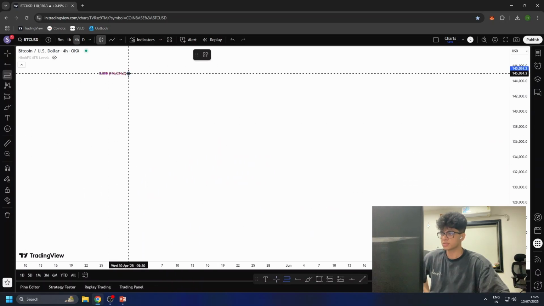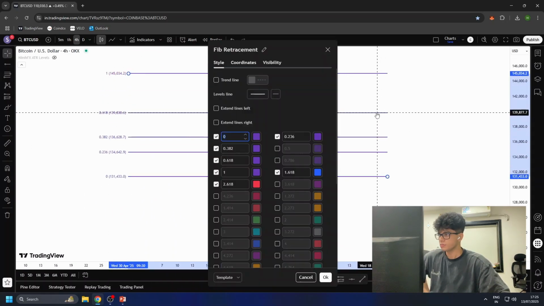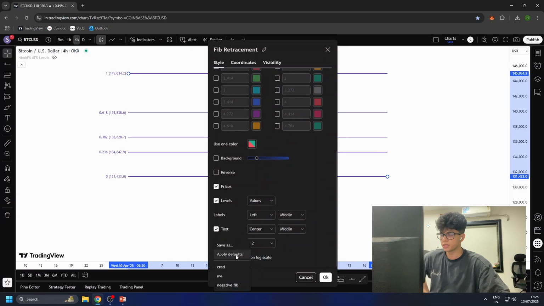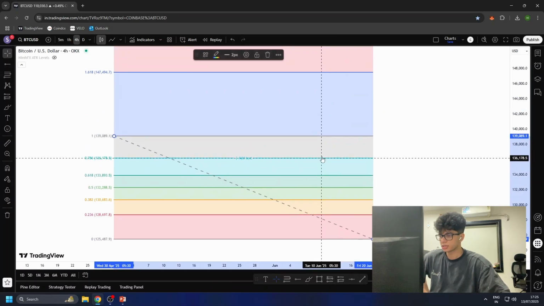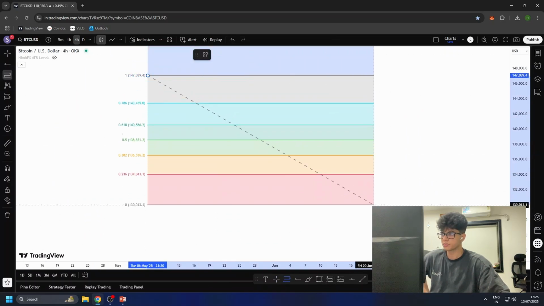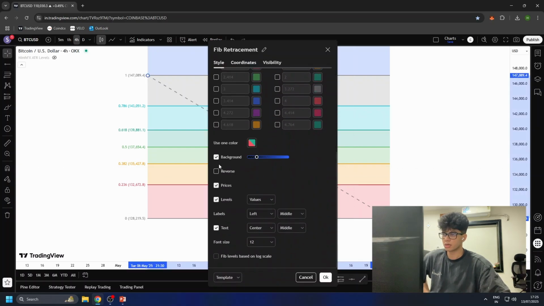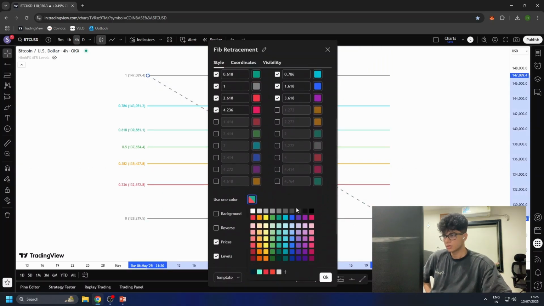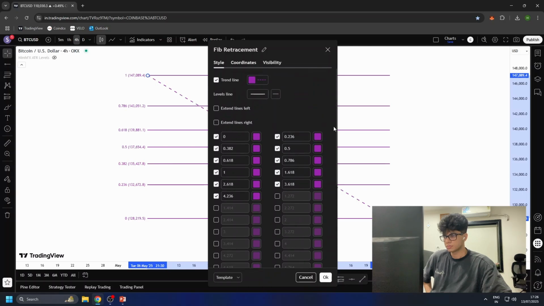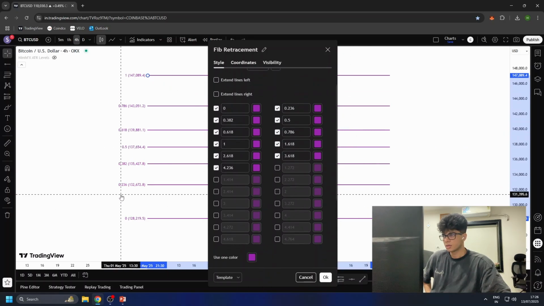So I'm sure you guys must have seen Fib. So for you guys it might look like this, right? This. So I don't really like this, right? So what I do is double click on it, turn off background, use one color, just go to purple or whatever color you want, turn off trend line because I don't really care, and the main ones that I use are